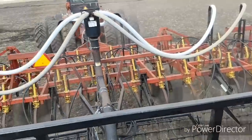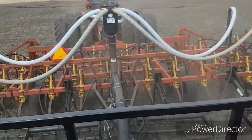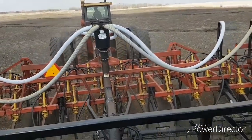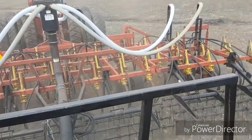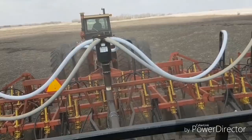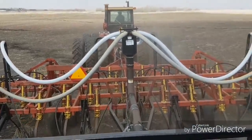We're kind of triple inoculating it, but that granular stuff, maybe 2 pounds an acre it'll be going on instead of the 8, like what it would be if you were putting it separate, like how I was going to try to last night. So it's more or less the same setup as how I did it last year. I'm not changing anything different. I'm not reinventing the wheel. So I just figured I'd tell you that's what we're running for seed and inoculant right now. No treatment on it. I treated it last year, some of it, and some of it I didn't, and there was no difference. So anyway, we're gonna run this 1,000 feet, and